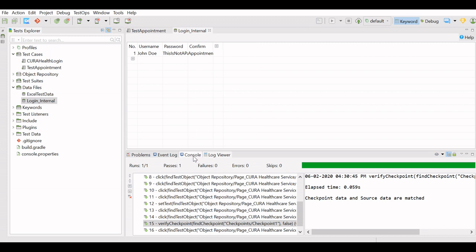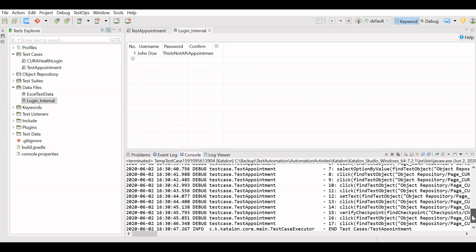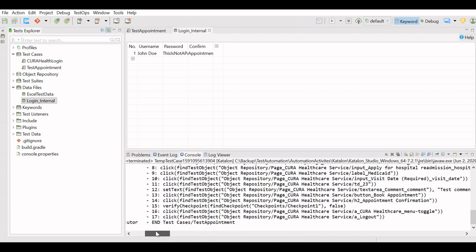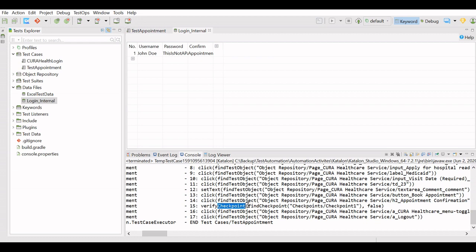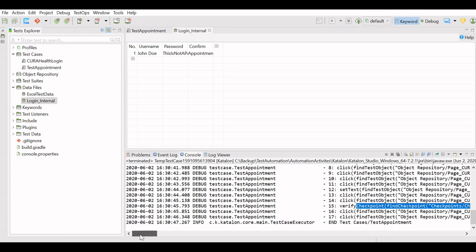One more thing I want to show you is the console, which shows the result of verify checkpoint this way. It just shows that it has verified the checkpoint. Next, I have saved this. We will execute this again.